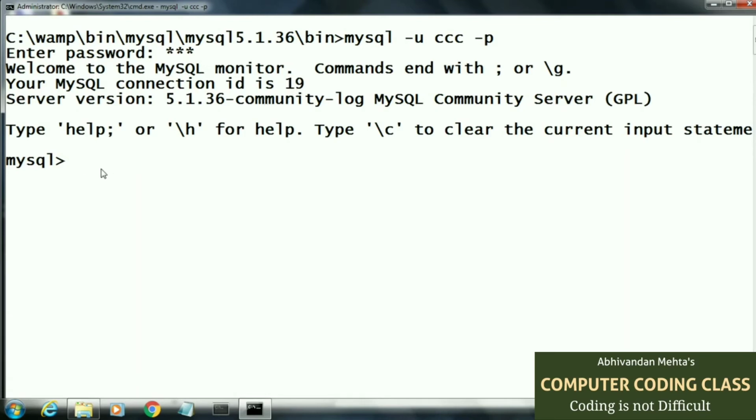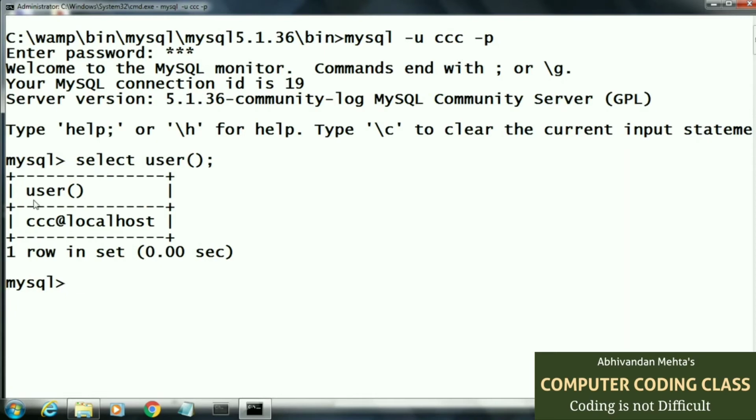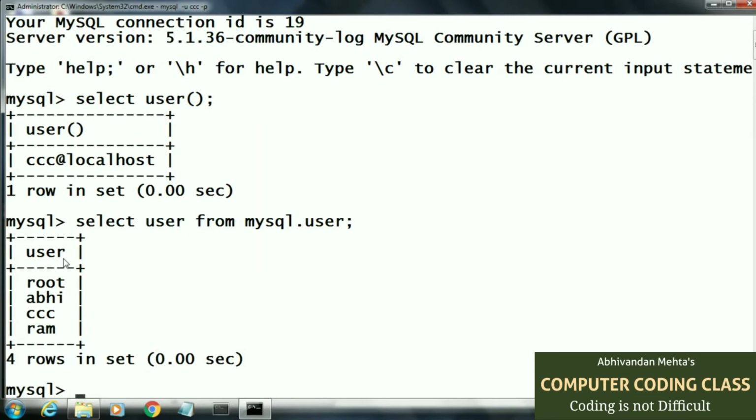We will check our current user by using the command select user. You can see our current user is CCC@localhost. Next we will check all users of our SQL server. There are 4 users and currently we are logged in as CCC.